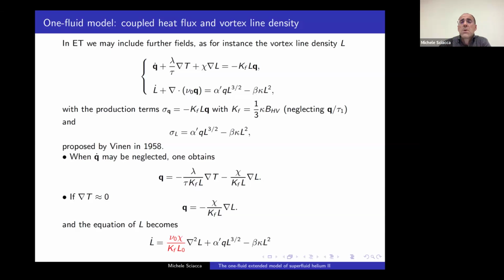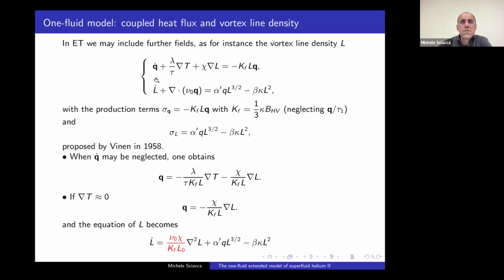And here we can consider what was proposed by Vinen, the classical Vinen equation, no? This term is proportional to the growth of the vortical lines, and the other one to the destruction of the vortical lines. But of course, you can add here whatever you like as a production term for the vortical lines. And I want to show just this